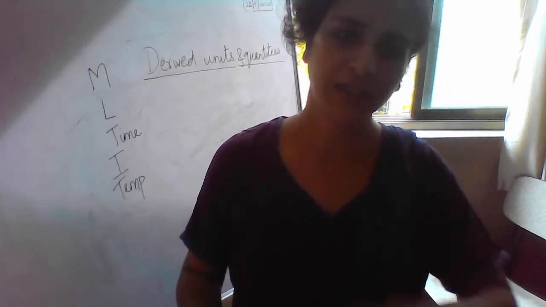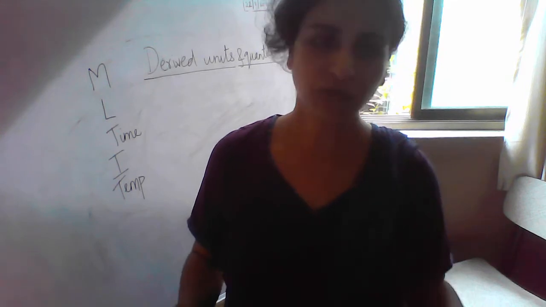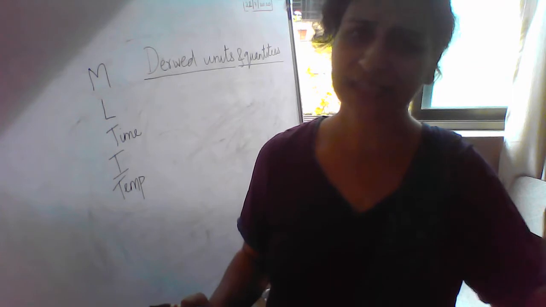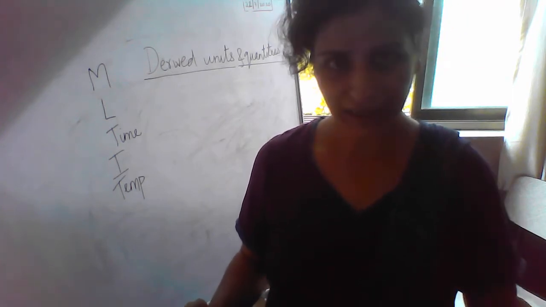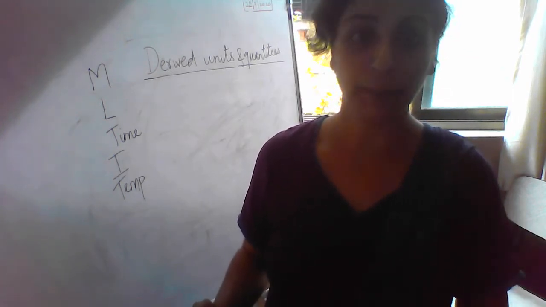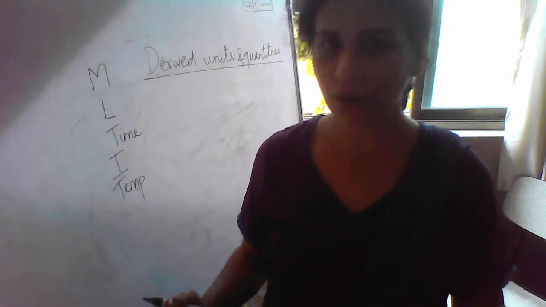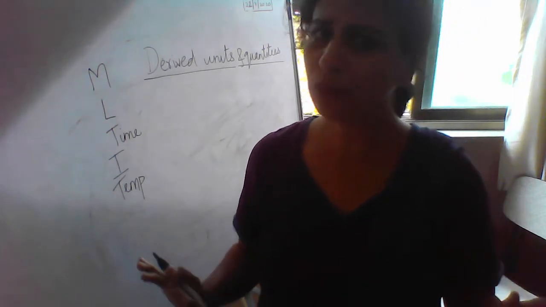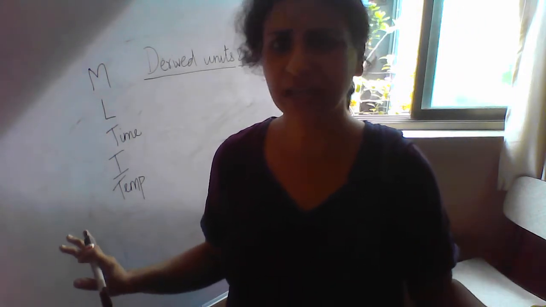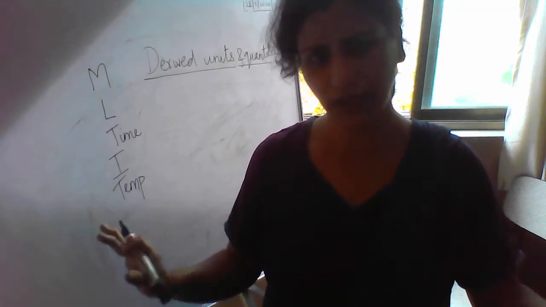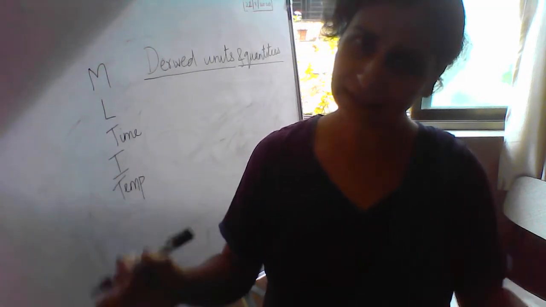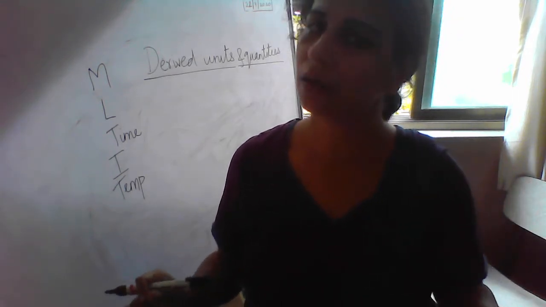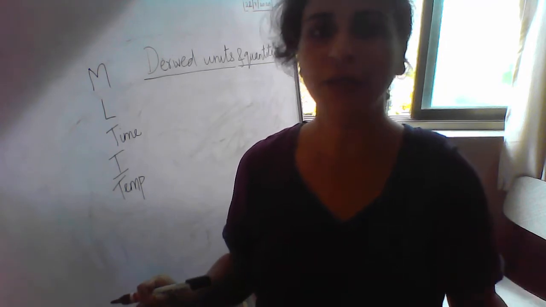Now we will go for the very basic one: speed or velocity. As you are all aware, speed is a scalar and velocity is a vector, but magnitude-wise they are the same. Here we don't need direction, so don't complicate things with vector and scalar quantities. Here it's okay to use them together. Instead of velocity, if you say speed, in this condition it is not wrong. We are not considering directions in the lesson on units and measurements.